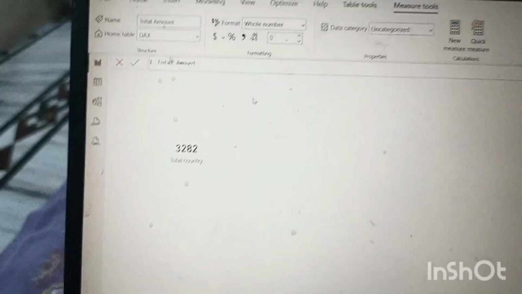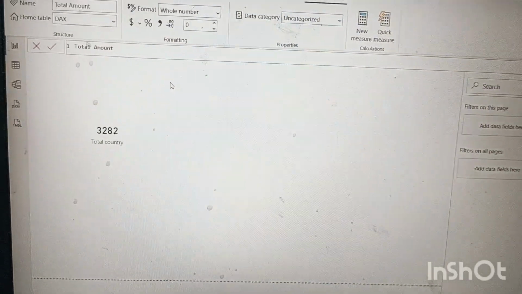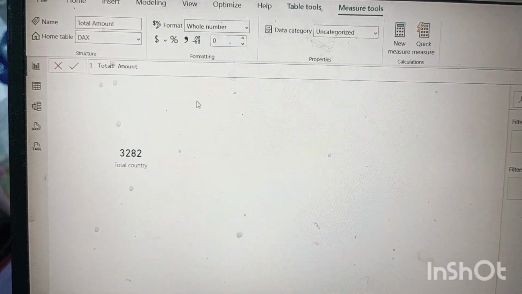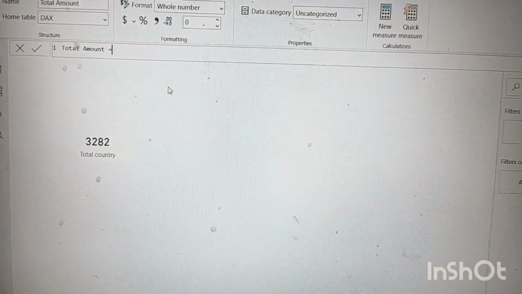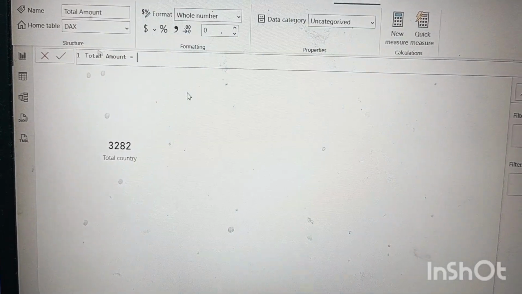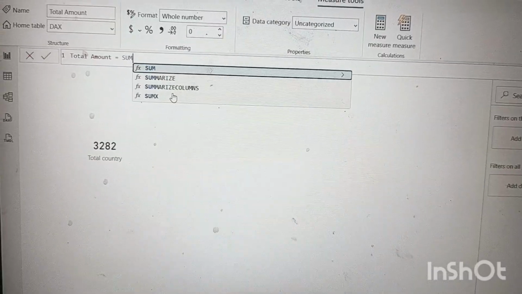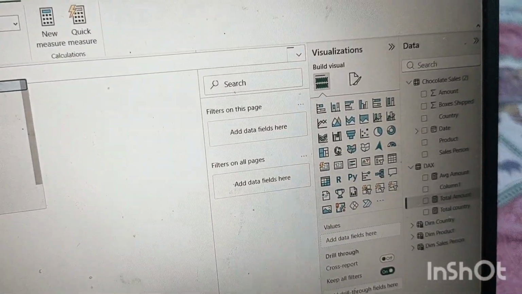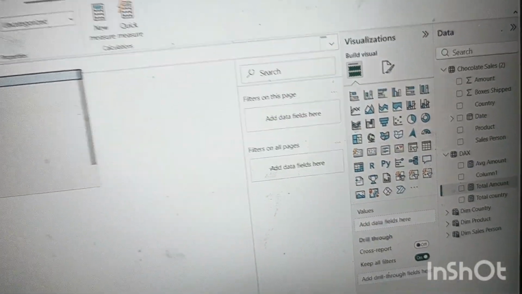So how will we calculate? For total, always keep in mind what we use in Excel. For getting a total, we always use sum. So here we will have to use the sum function. Just after writing total amount, give a space, then equals, and then write sum, S-U-M, and open the bracket. Then, as we have observed, the amount column is in the chocolate sales 2 table.